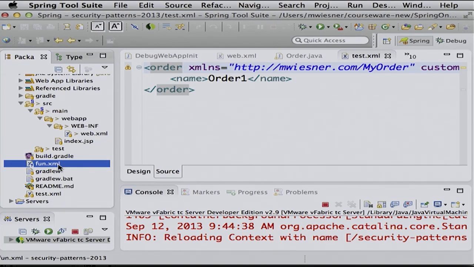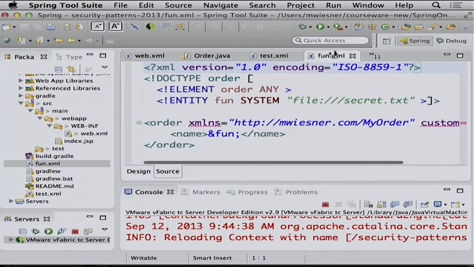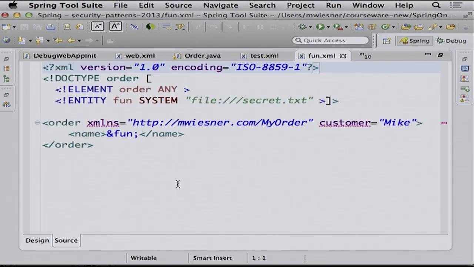Now I change my XML file. Actually, that XML file is in my project, but it needn't be in my project. That's the important one: you only have to do that on the client. I only have one machine, so I cannot show you that. And I change the XML file to that one.